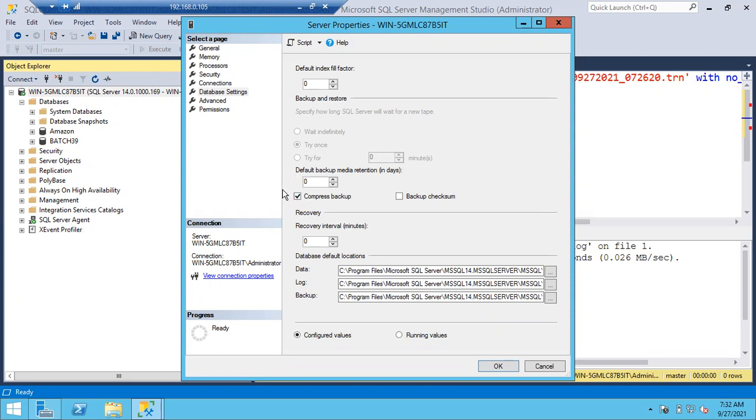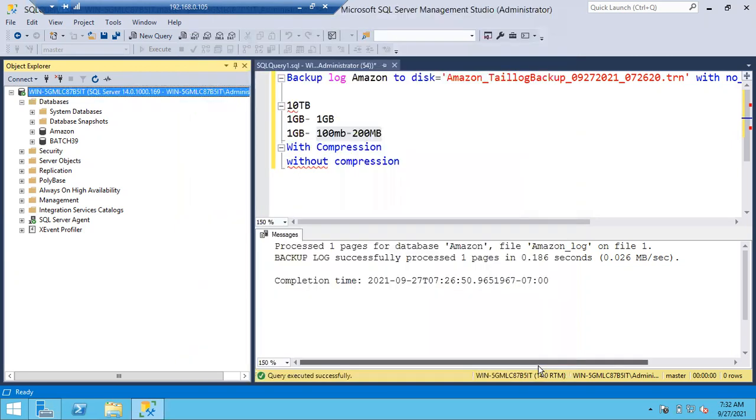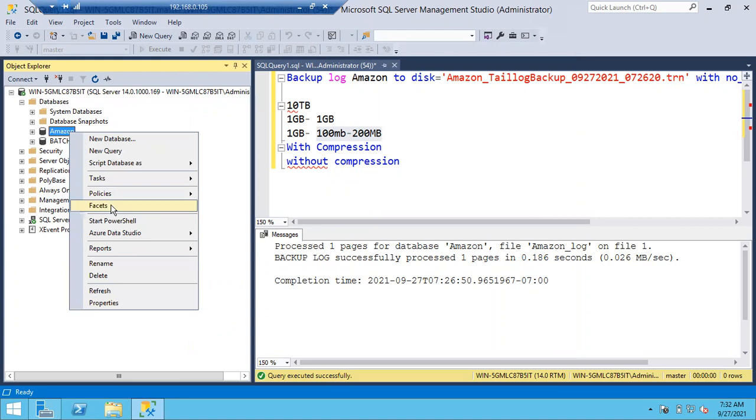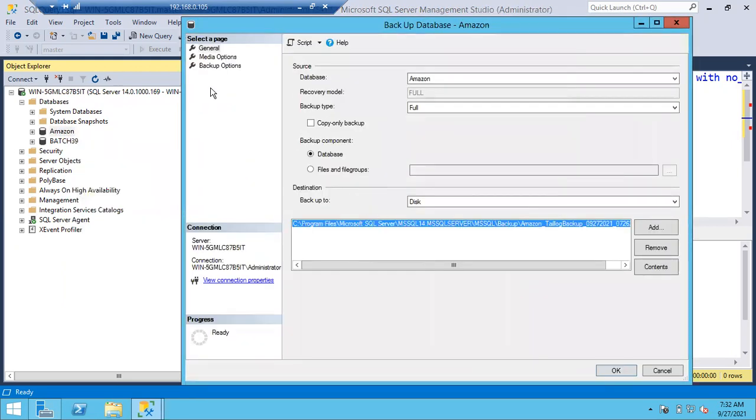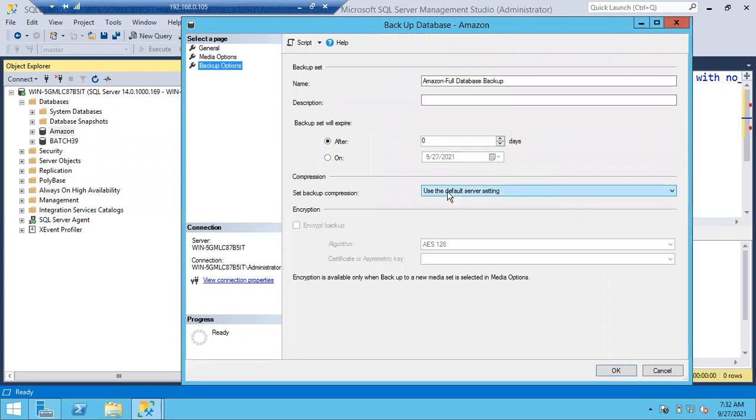Once you set compressed backup at the server level, there is no need to mention it again at the database level. Here we have an option called use default server setting. If backup compression is on at the server level, it will take backups with compression. If it is off, it will take backups without compression.